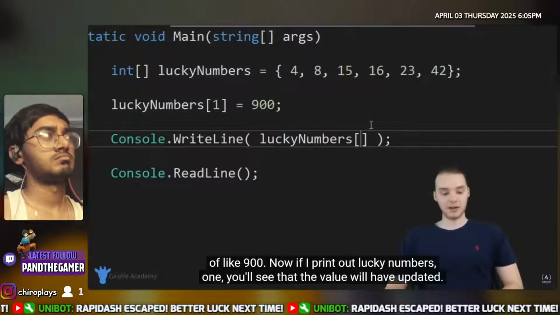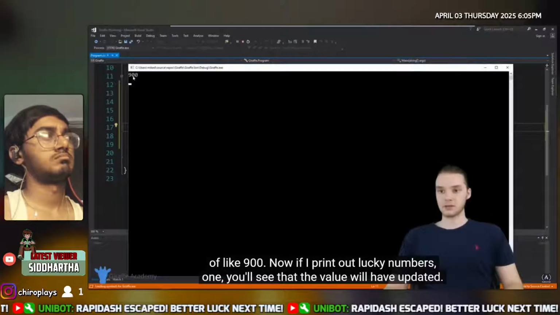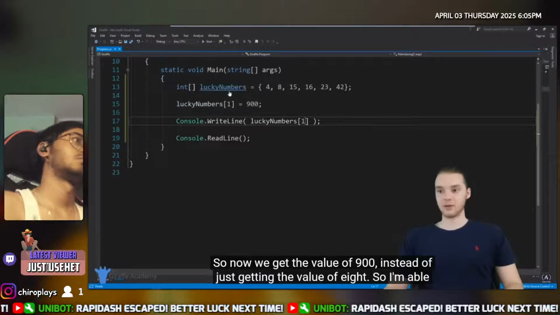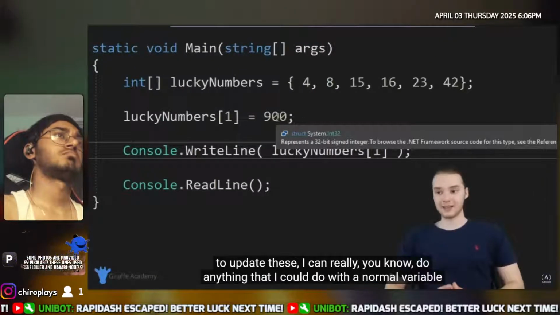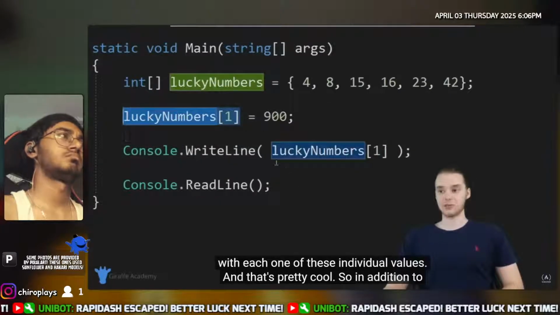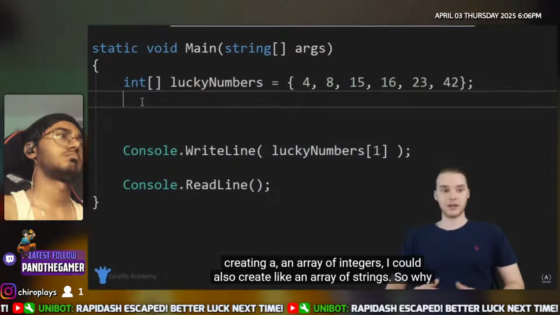Now, if I print out lucky numbers 1, you'll see that the value will have updated. So now we get the value of 900 instead of just getting the value of 8. So I'm able to update these. I can really do anything that I could do with a normal variable with each one of these individual values, and that's pretty cool. So in addition to creating an array of integers, I could also create like an array